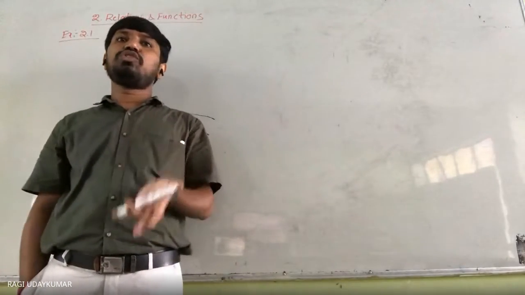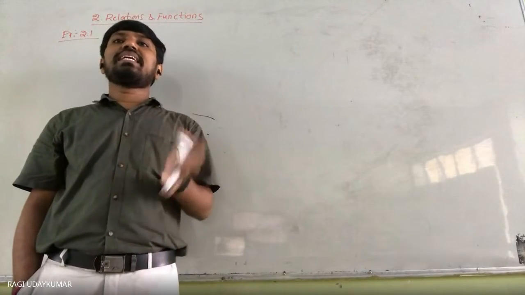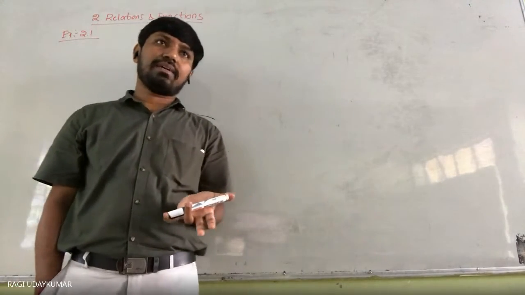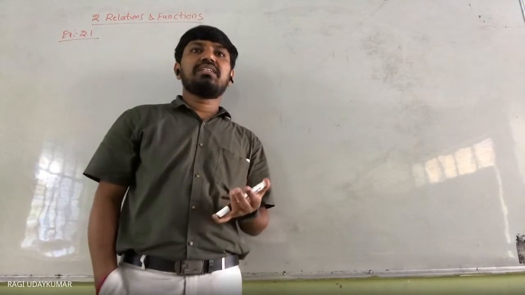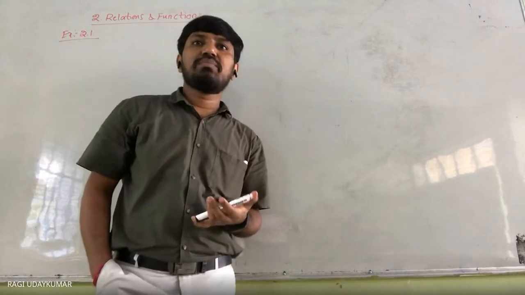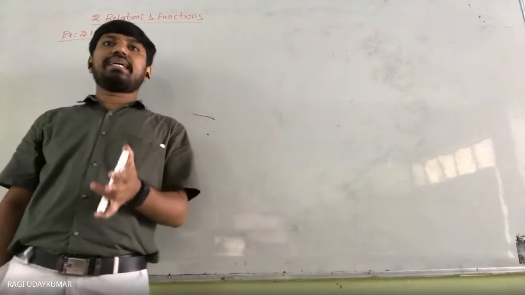Third question is given to you. G is equal to 7, 8, H is equal to 5, 4, 2. Find out G cross H and H cross G. Simple, right? You can find it out. Fourth question: state whether each of the following statements is true or false. If the statement is false, write the given statement correct.